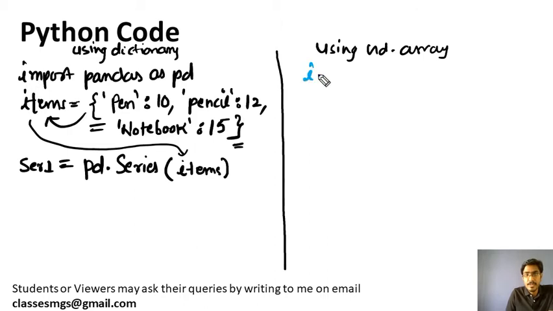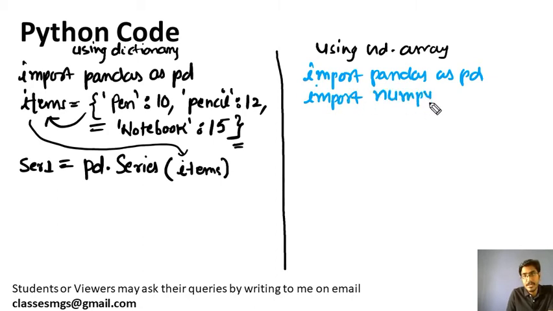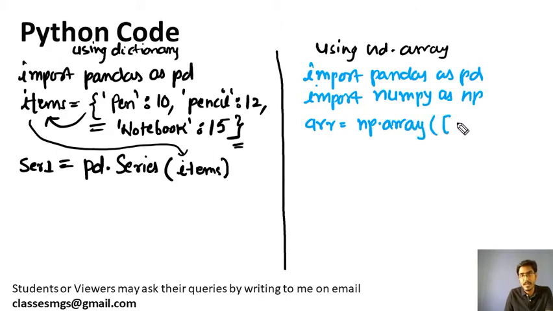Okay, now we will see how can we create using numpy array. First we need to import the pandas as pd. Then I have to import numpy because we are creating it through numpy array. For creating the numpy array we need the numpy library imported. Then we will be creating a numpy array. Let's suppose I am creating numpy array using np.array method. You can very easily create, let's suppose, 2, 4, 6, 8 like this.